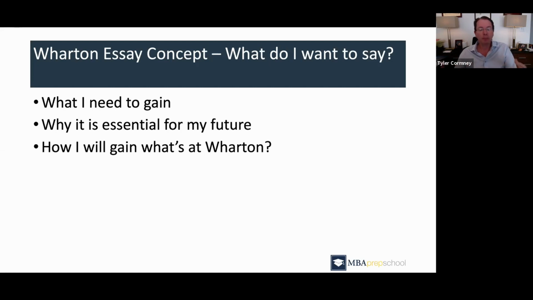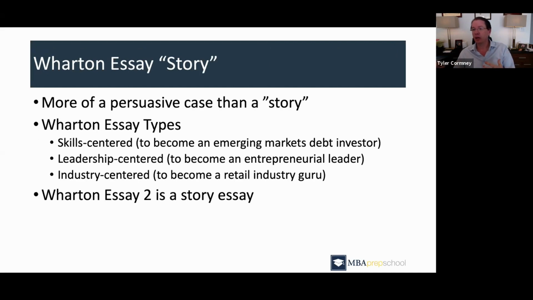We're a little short on time, so I'm not going to dive into all of those, but if you think about building 6 or 7 arguments for your case, that's really what Wharton is in ways. It's more of a persuasive case than a story. You want the admissions officer at the end to be persuaded that you know where you're going, you know what you need for the journey, and that you've done enough research and dug below the surface to understand what Wharton's distinctive